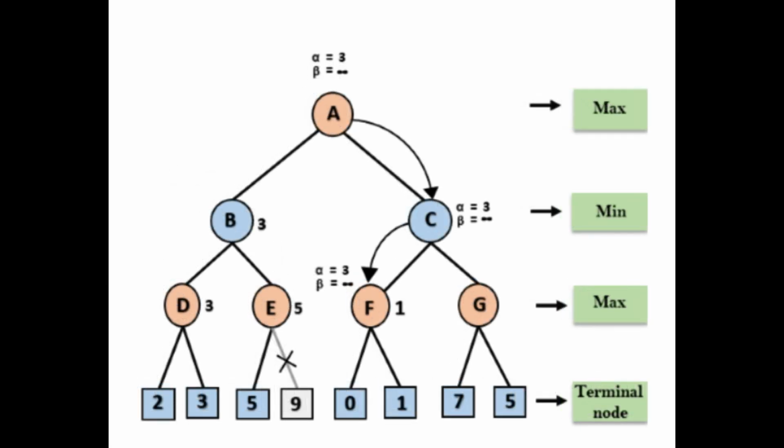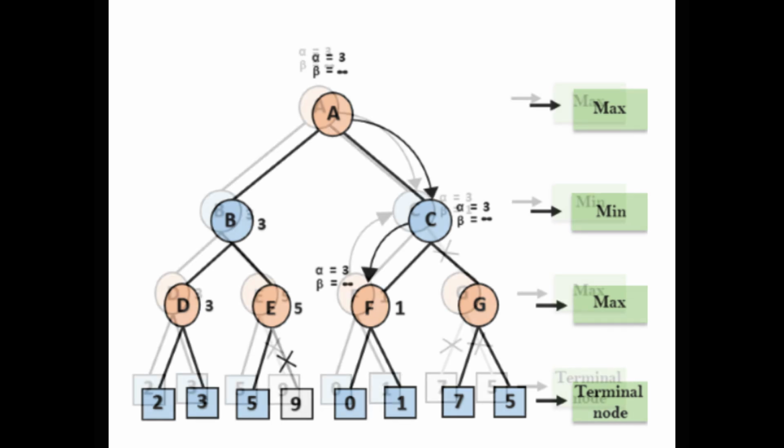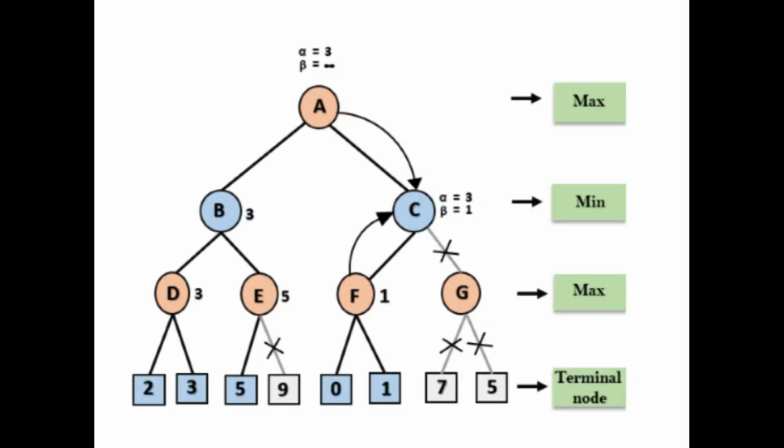Step 6, at node F, again the value of alpha will be compared with the left child which is 0, and max(3, 0) equals 3, and then compared with the right child which is 1, and max(3, 1) equals 3. Still alpha remains 3, but the node value of F will become 1. Step 7, node F returns the node value 1 to node C, at C alpha equals 3 and beta equals